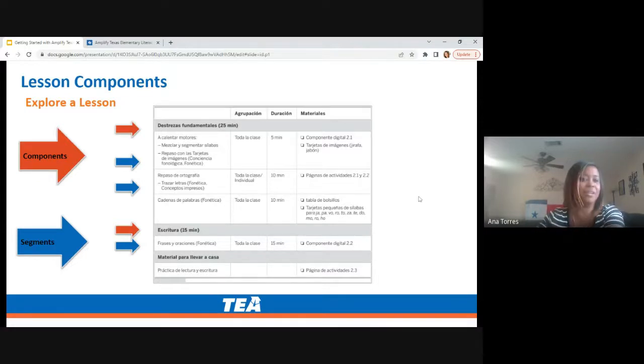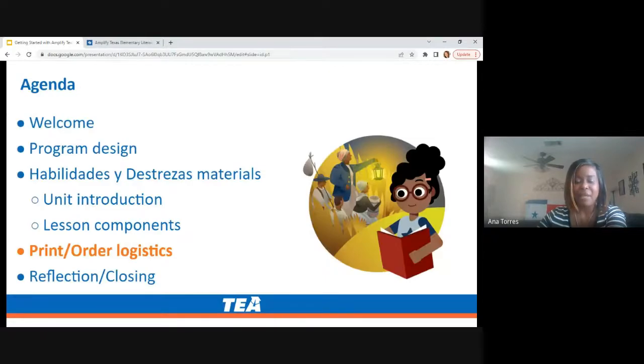You knew that already, right? Everyone got this right because we've been talking about our components and segments throughout this session. So give yourselves a hand because I know you got all of this. You understand this completely. So now let's pause.